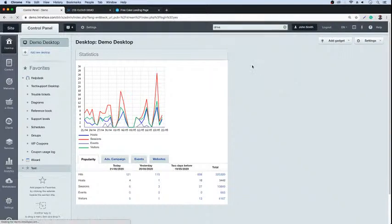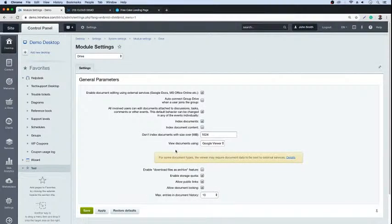But I just wanted to show you, just while we're talking about the documents, it just allows you to choose what you want to use to view documents. And again, we can use Bitrix24, so that will open up using the Bitrix24 app, Google Docs, Office 365 or Google Viewer. So if you want to preview PDFs, you can use the Google Viewer to do so. So if you do have it on premise, then sometimes you might face an issue where it doesn't give you a preview. Switch it in here and it will give you a fantastic way